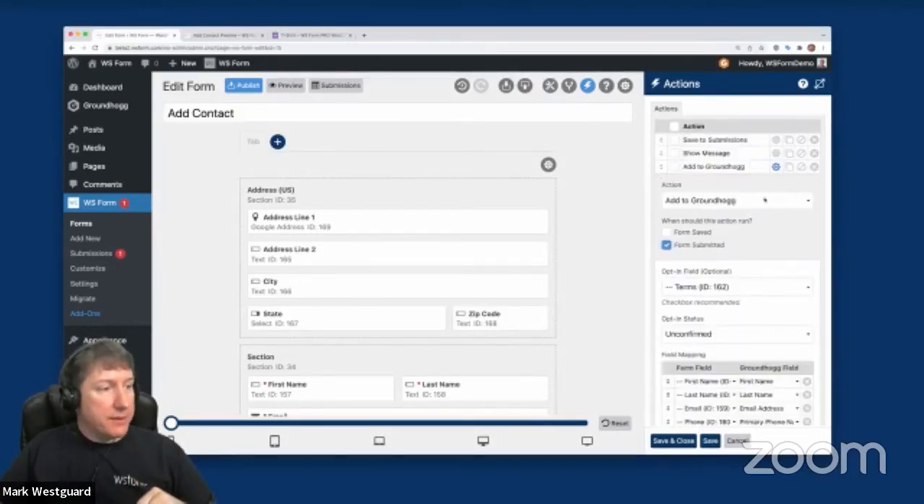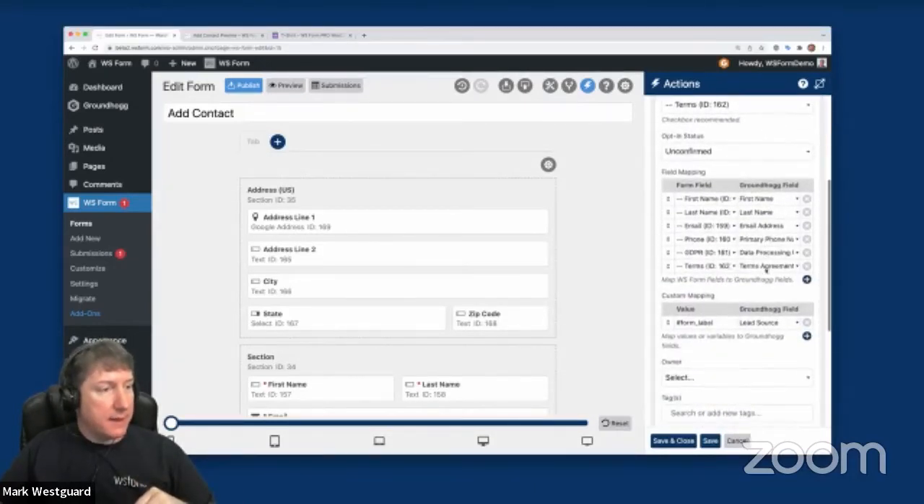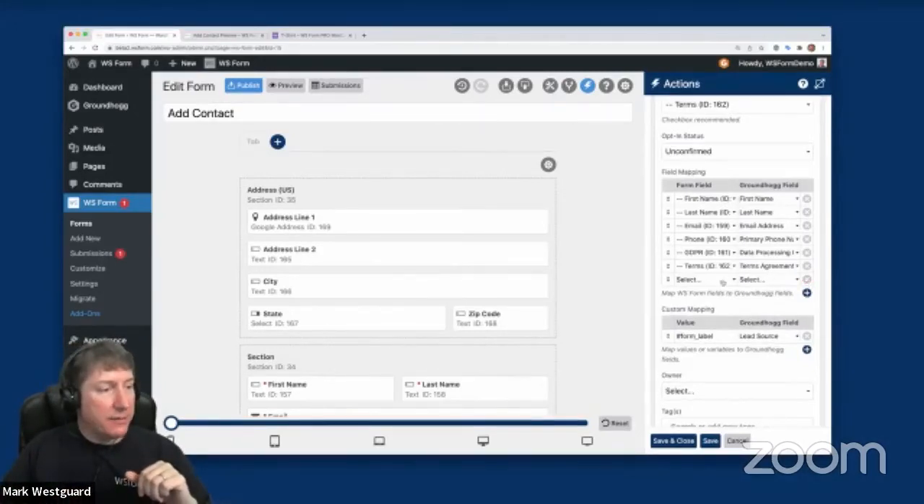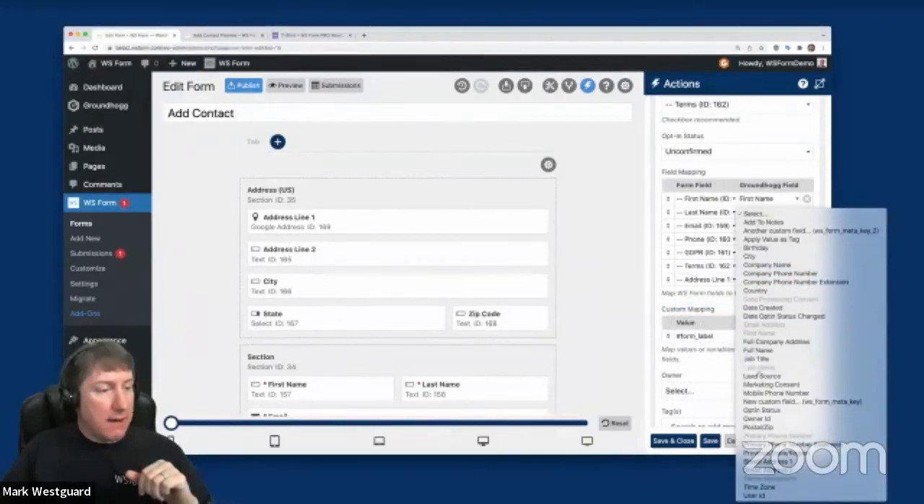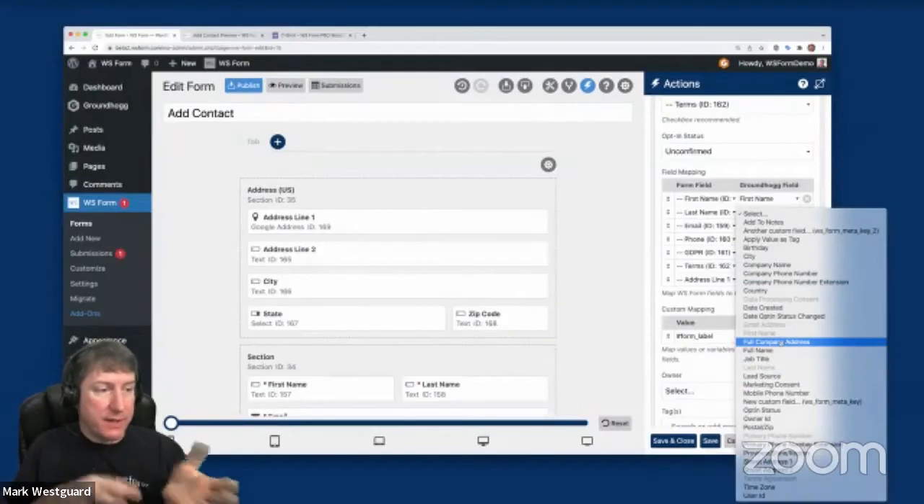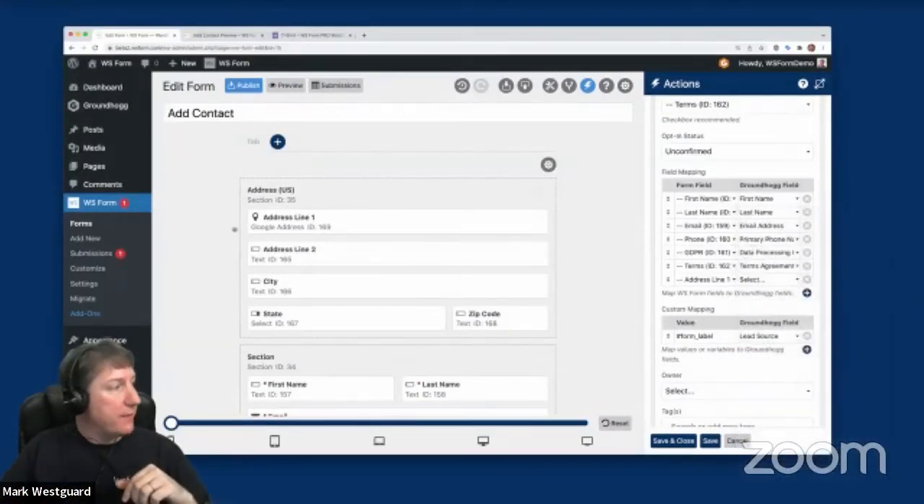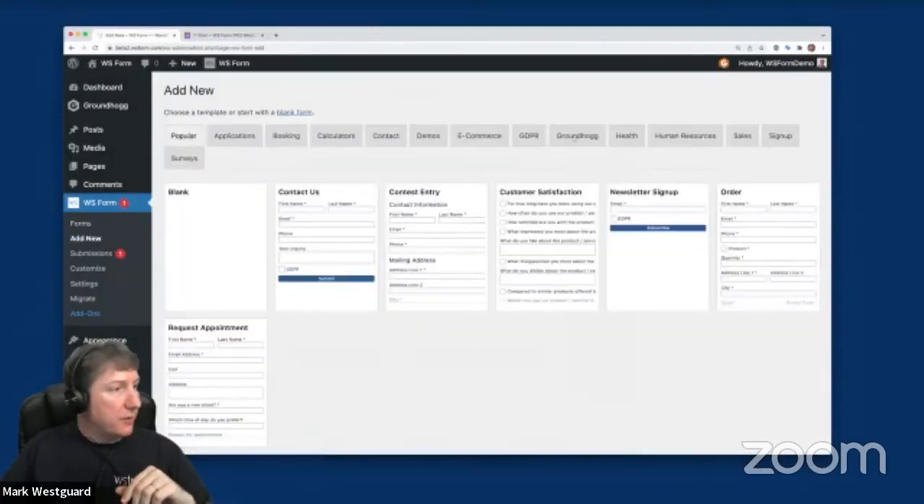But we'll go into Add to Groundhog, and you'll see here we've got the field mappings. And what the field mappings do is take our fields from our form and map those to the fields in Groundhog. So I could add additional fields here. So like I say, address line 1, and then in Groundhog, I can then put in the address fields that are relevant to the fields on the actual form itself. Let's just have a quick look at the advanced form so you can see how that looks